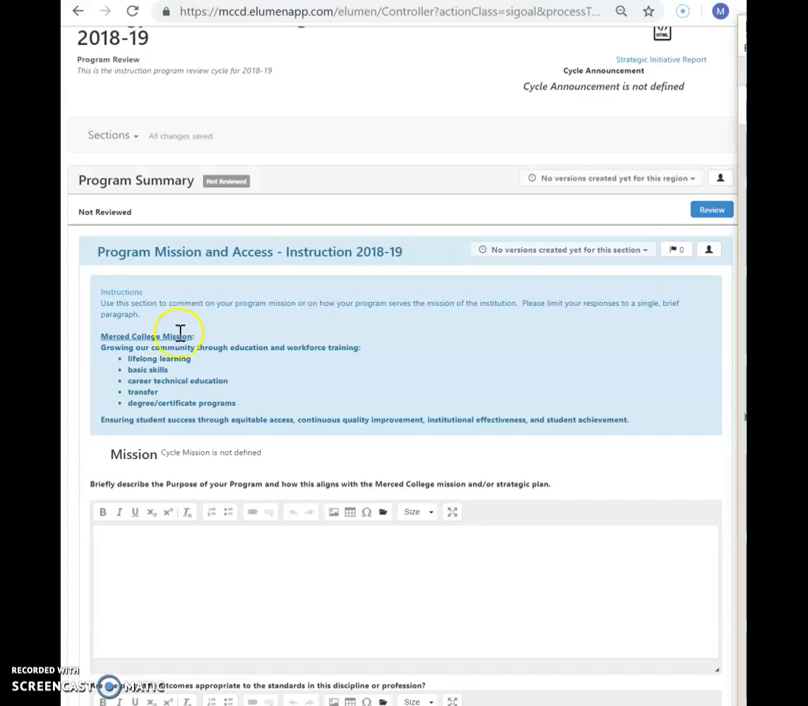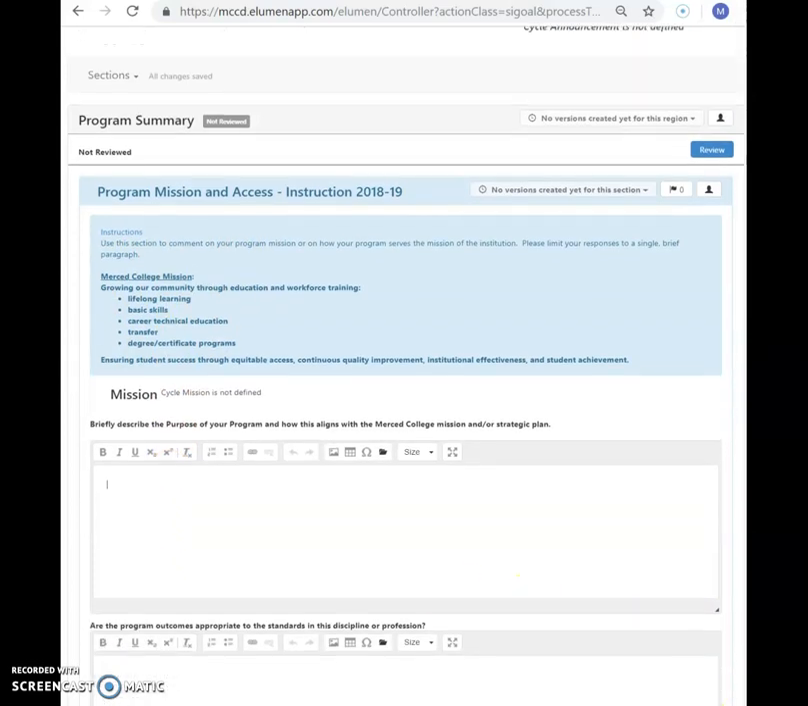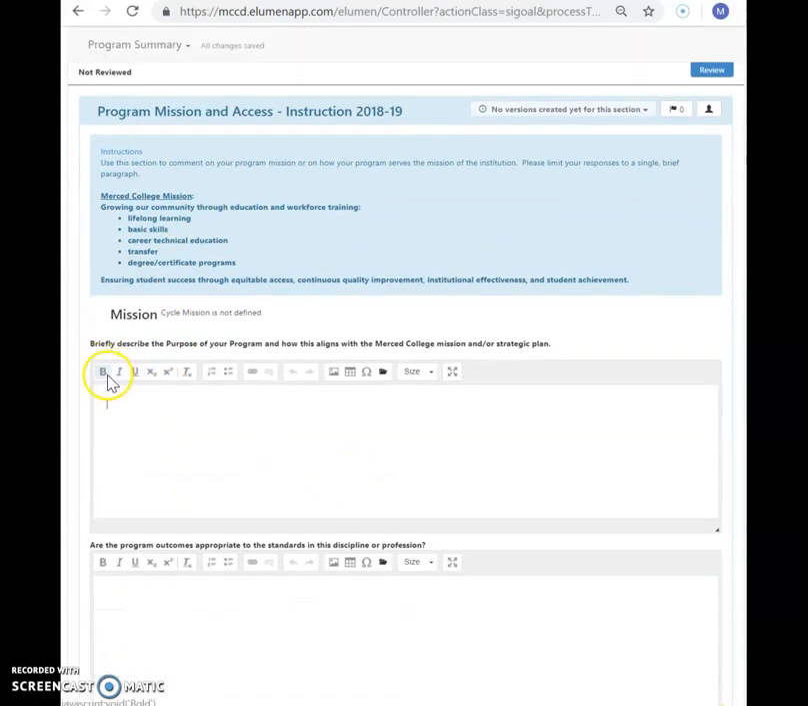And so we've included the mission of Merced College here on the document right there. And then you're just going to go in and fill out this little box right here. And this is a pretty standard kind of template that we see on Canvas these days. So you can change your text if you want to. You can put in numbers or